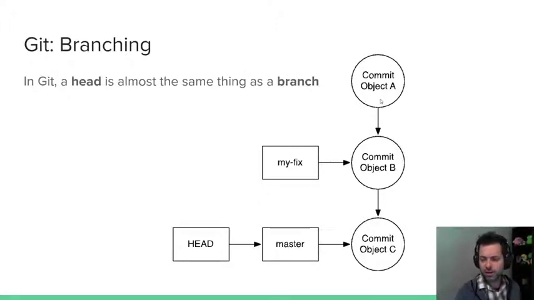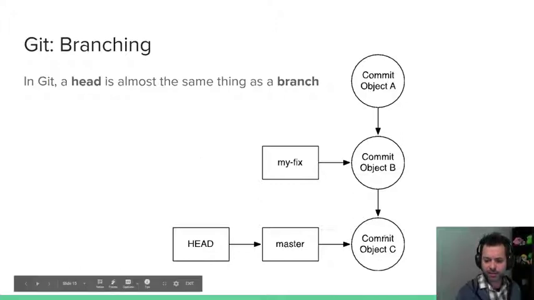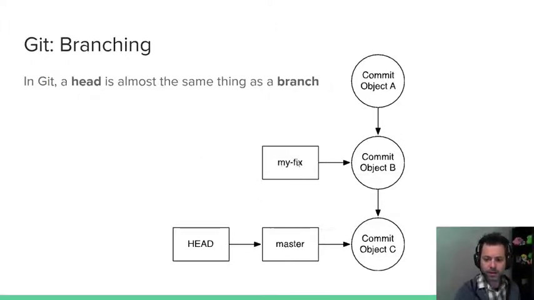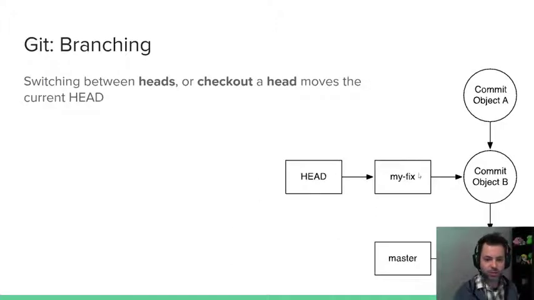And this idea is a little bit different because you can still create separate branches on your tree. But if you move the head around, you're almost, in theory, branching as well, if that kind of makes sense. So let's say that my head is here on commit C, and then I make a fix on B. I can actually move the head back to B, and then I'm almost in like a separate branch, basically.